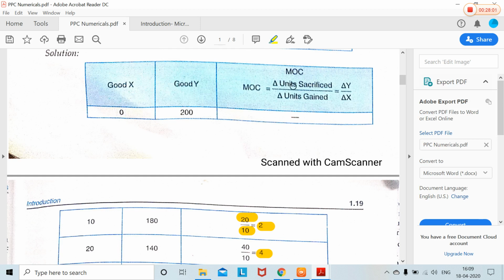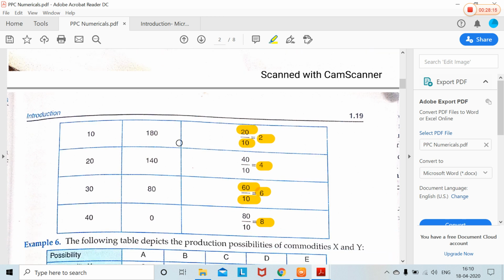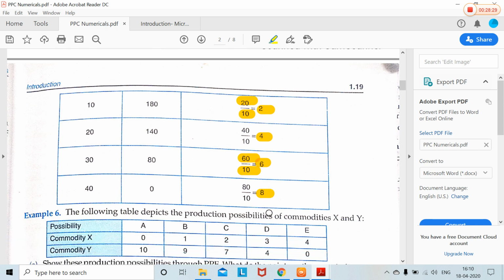And for MOC, you'll write the formula whenever numericals are asked and you have to form a table. You have to write the formula on the top. Every time there is no need to write the formula here, and you can show your calculation here. Also, you could show your calculation for just one step and later you can just write 4, 6, 8. That can also be done. But in this question you write for all the rows because this is the first time you are doing such a question. Let's take the next question. I hope this is clear.